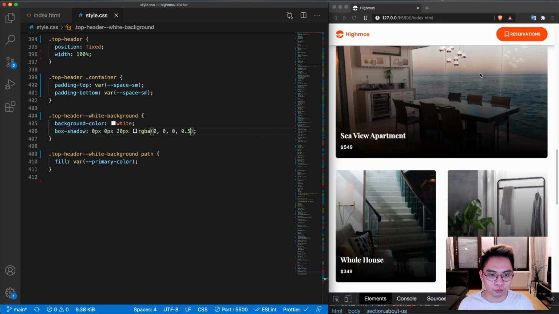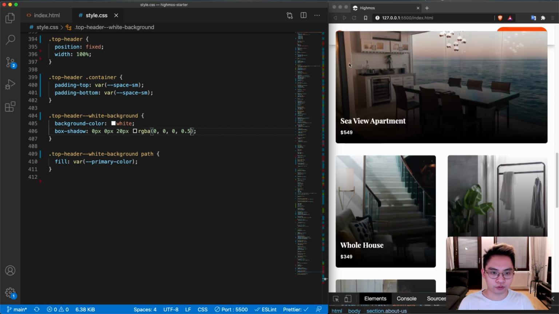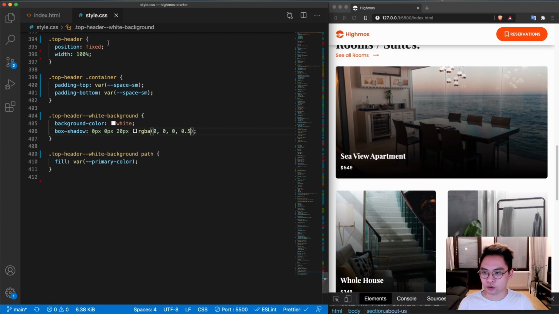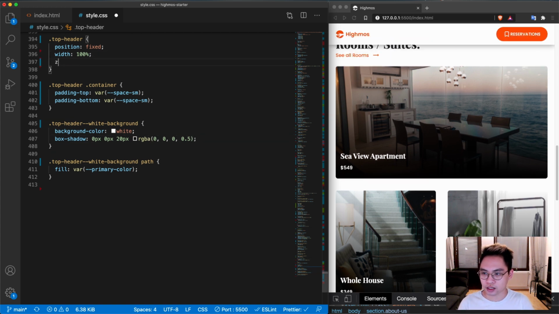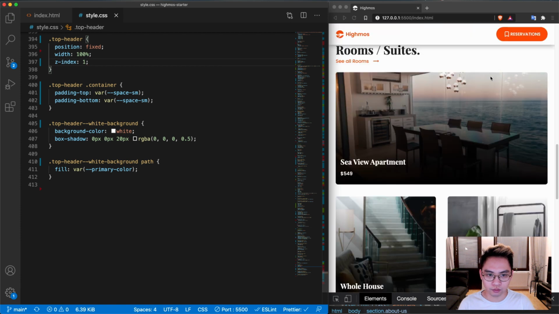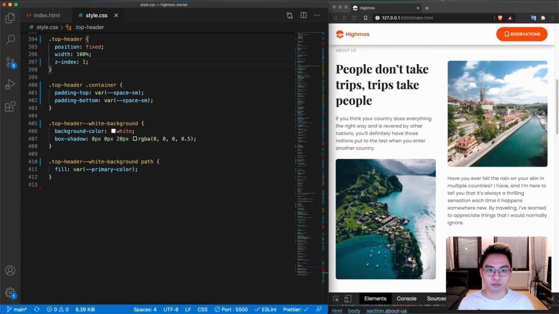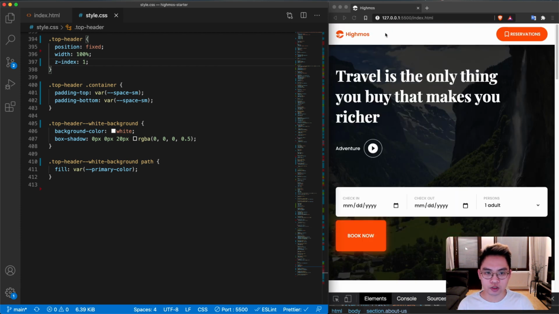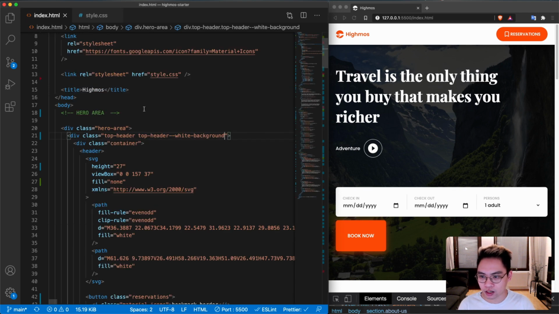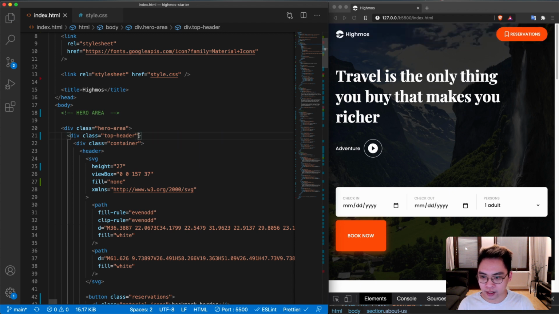But if we go over the room, now this is on top of the navigation. So to fix this, we can go here and say z-index to be 1. Alright, it works now. But at the beginning, I don't want this to have the white background. So let's go back to the index.html and let's remove this and add an ID of top-header as well, to make sure that we only have one top header